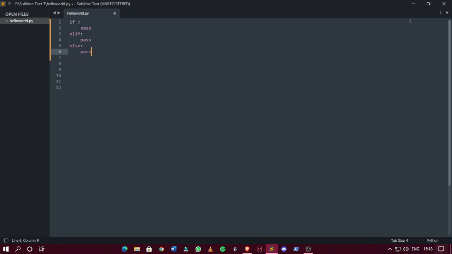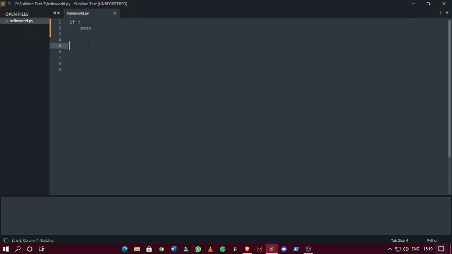So here we come up with a new keyword, pass. What does pass do? When we write an if, we can't have an if written without any statement inside it. But if somehow, for any purpose, we want to write an empty if, then we must include a pass keyword inside it, so no errors will be thrown. Like if I run this now, Ctrl plus P,